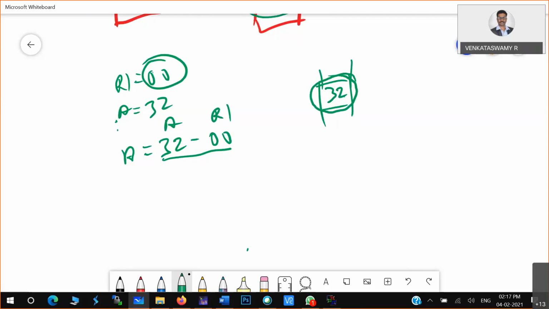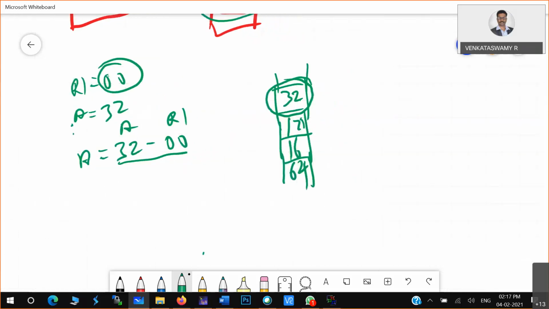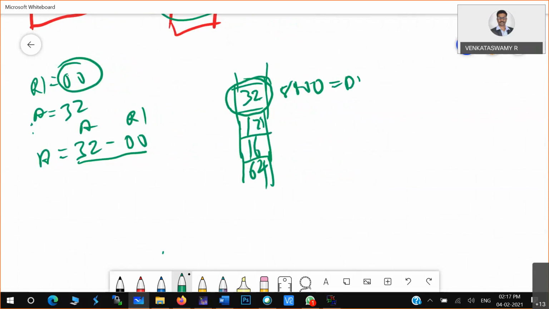Is the external memory the array, sir? Yes, the external memory is the array. So this 32, maybe 12, 16, this kind of element may be present in the external memory. So how does it go to the next element and check? Say, for example, if this is the 8000th memory location, you are storing this particular address in DPTR. So when you increment,